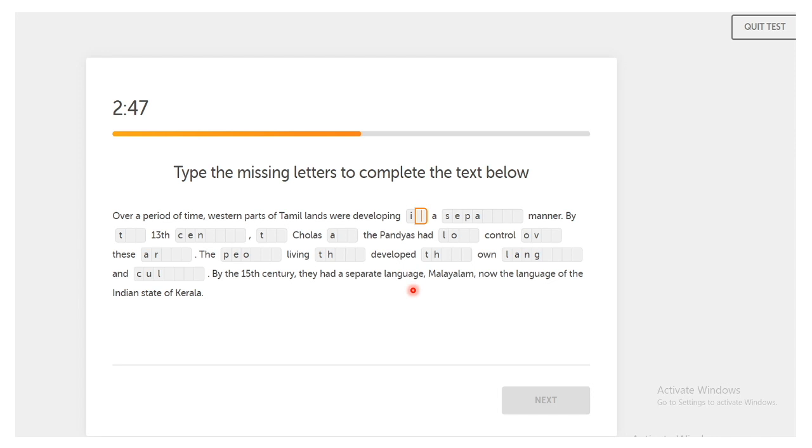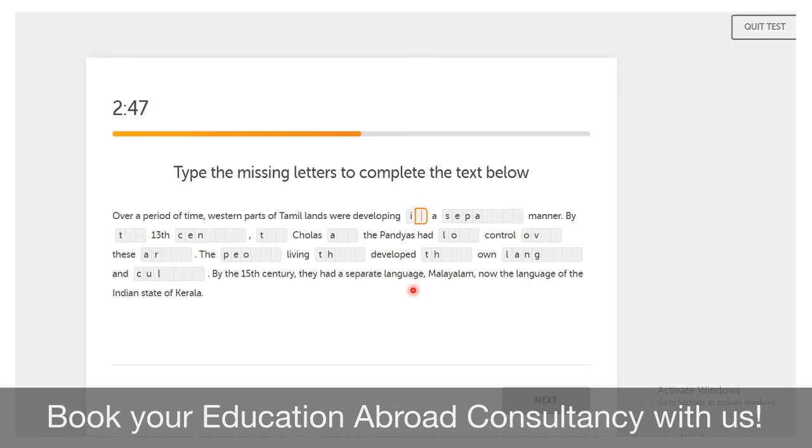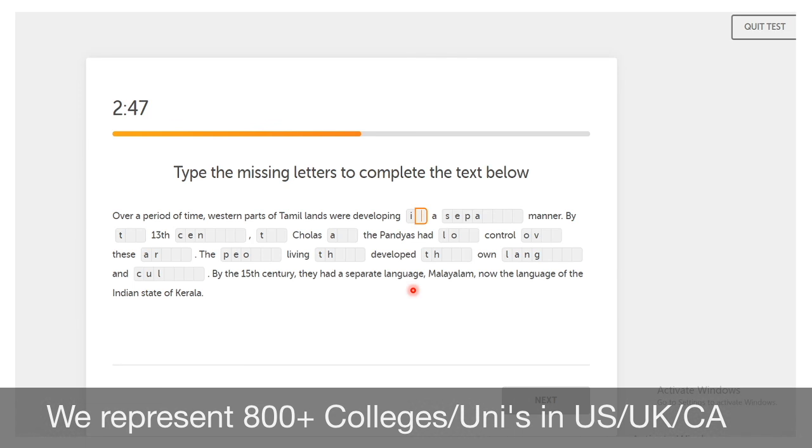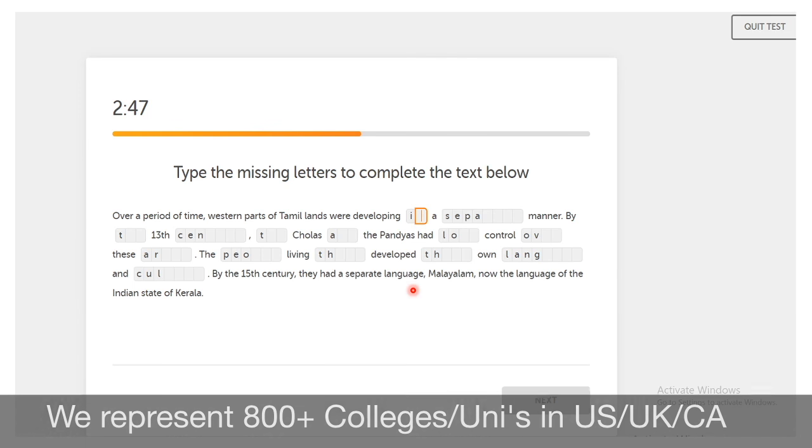So now do one thing, click on the pause button and try to solve this question on your own, and once you're done, comment in the comment section below, and after that you have to play or resume the video only once you're done with attempting this question. Now I'm going forward to the next slide, so you can click the pause button.